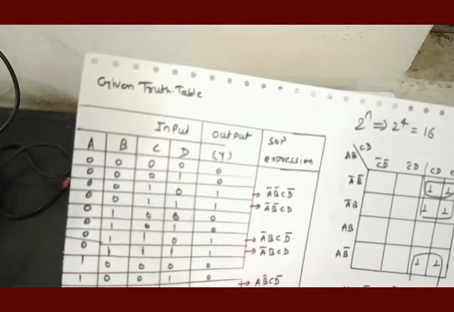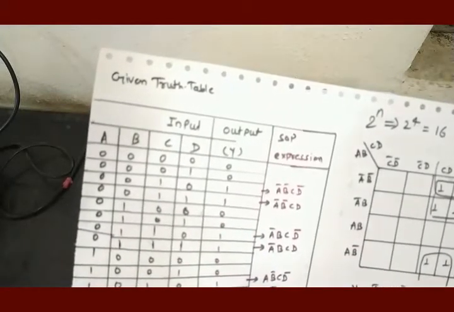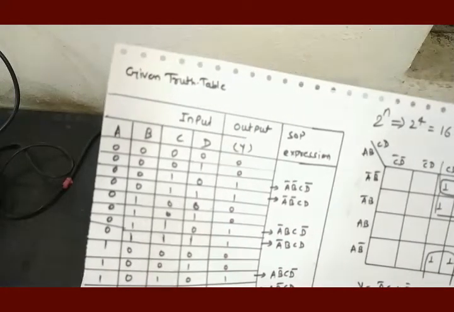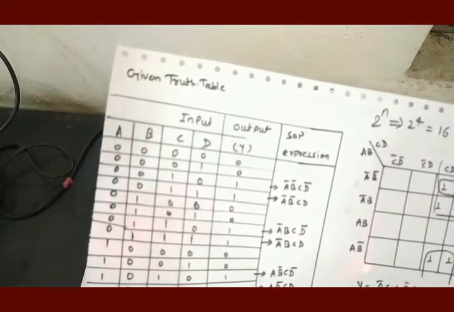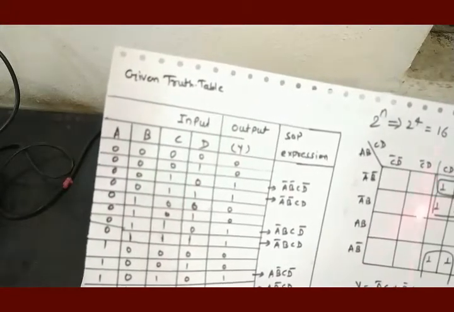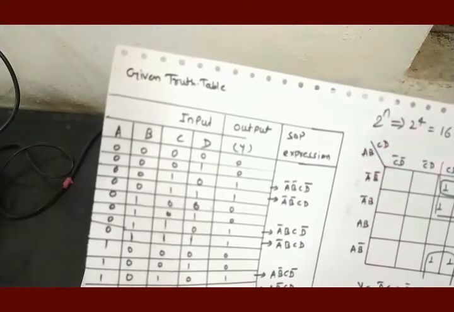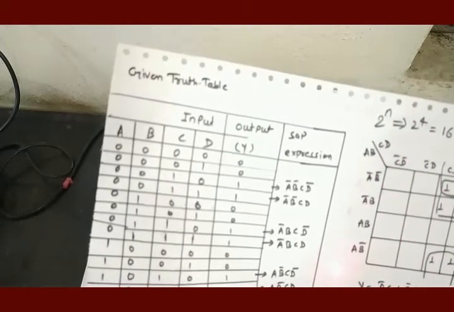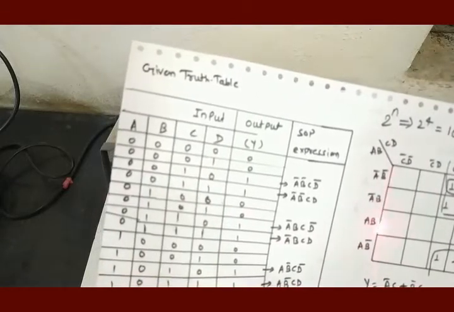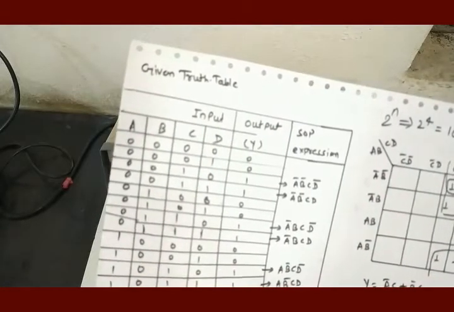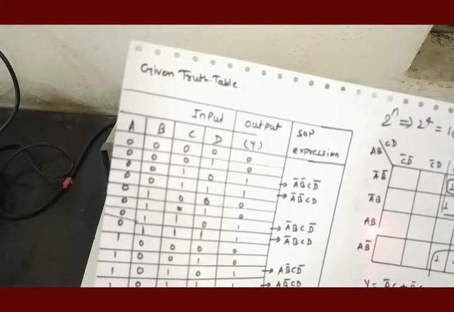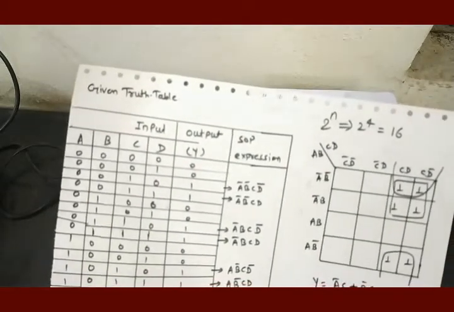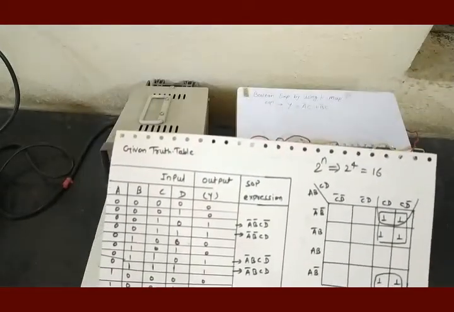Okay, this is the simplest way of inserting the fundamental product for ones in the output of the truth table on the Karnaugh map. But for that we need to know the meaning of these variables here and here, which is already explained. Now after inserting the fundamental products in the form of 1 on the K map, it is now time to simplify this Karnaugh map. How to simplify the Karnaugh map?